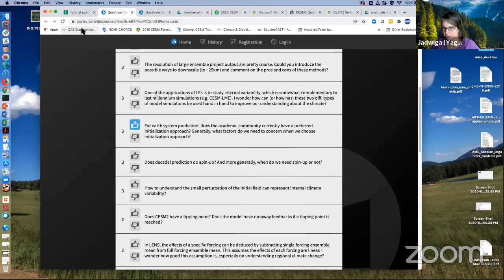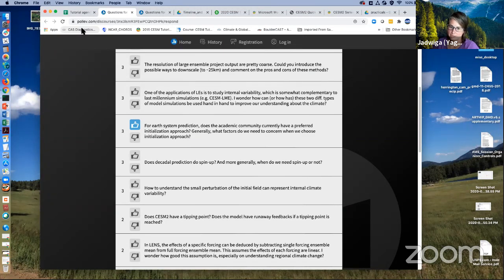I think there's another question further down about full field and anomaly initialization. For DPLE, full field was chosen, and there wasn't a lot of time to study anomaly initialization. It's one of the things we have on the agenda for the next few years, to examine this in detail. The groups are looking at it, but because you will have drift and model shock no matter what, it's really an active area of research: what is the best way to initialize the model? For now we chose full field, but there's definitely more room for research to see if that's the best way or something different should be done.